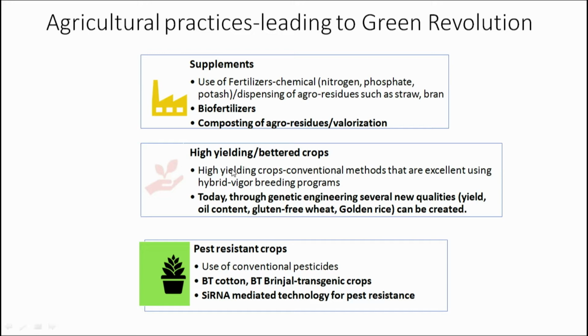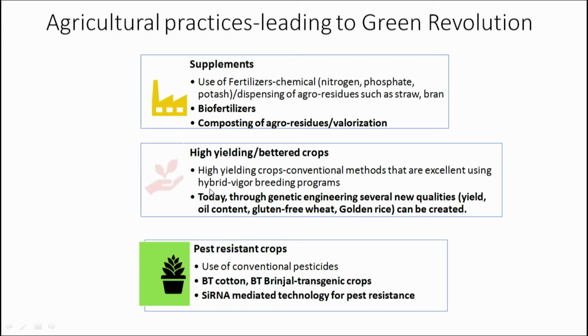All right. So, right here the first point illustrates that these high yielding crops have been generated so far using the conventional practices in agriculture, such as the hybrid vigor breeding programs, where you have essentially two crops which have some very good properties. One could be that the grain is very high quality, or let us say in the case of rice, it is a very long grain, and the other could be some other good property. The weight is also very good.